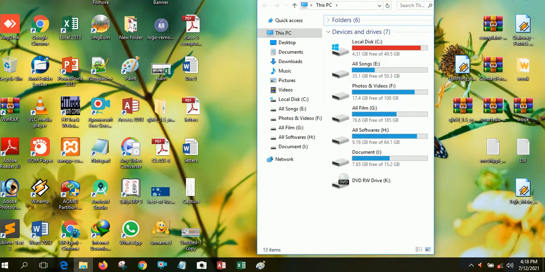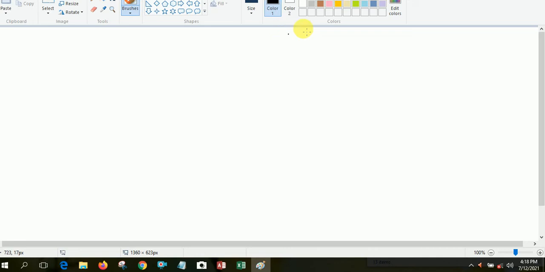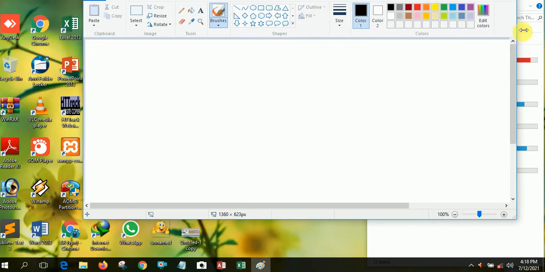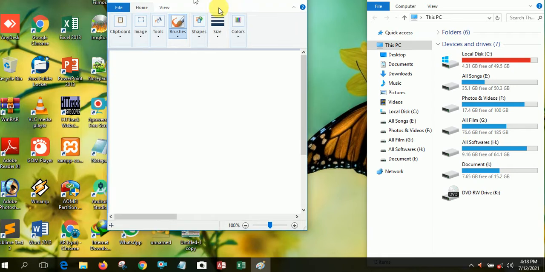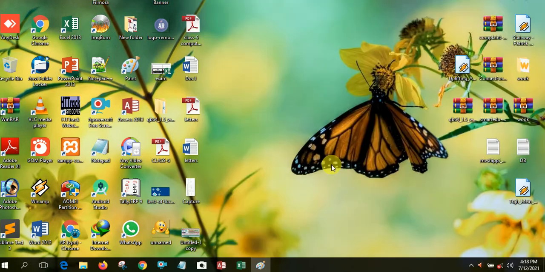Suppose I open this PC window, and two windows are open in my computer system. Then when I use the peek button, you can directly minimize your windows and show your desktop.